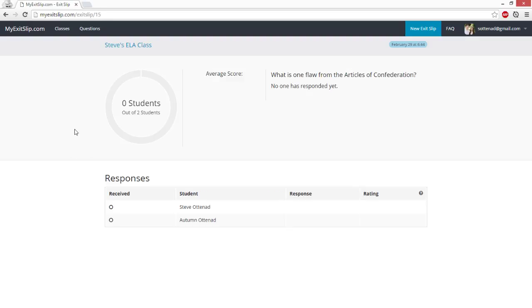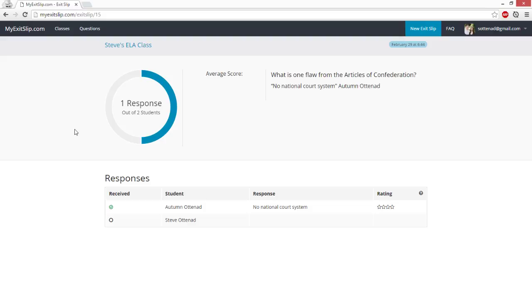So you can see it spawned up a new exit slip there. I don't know if you heard the ding in the background. That was Autumn's phone just receiving the text message. And this is actually a live dashboard. So as we send these out, we're going to see the responses come back live as people are responding, which could be pretty cool if you want to save yourself a few minutes at the end of the period, maybe to answer questions that people are too embarrassed to ask,